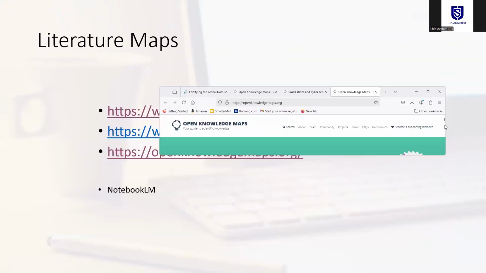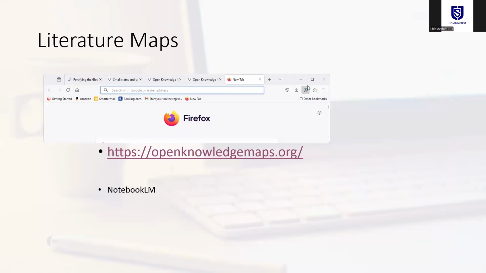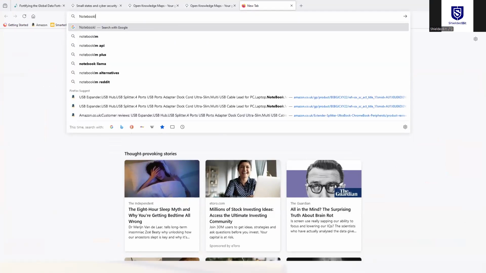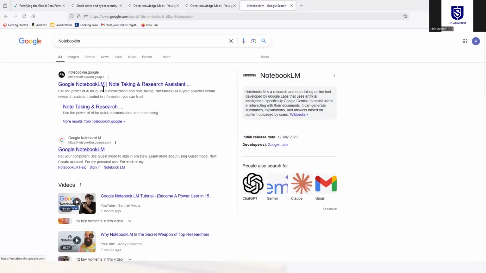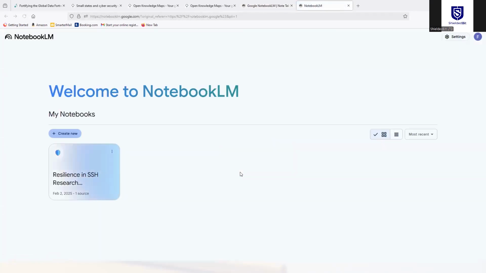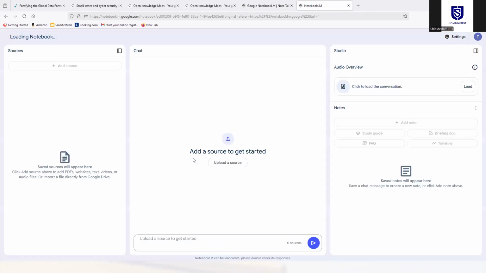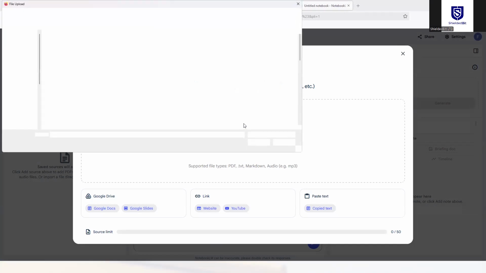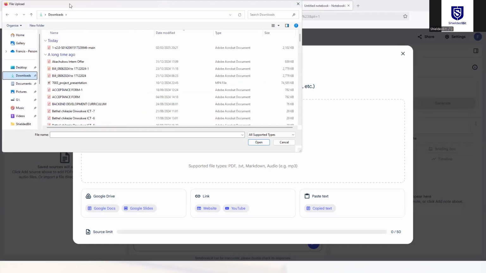So I just want to use that. And then here, I want to use NotebookLM, okay? And yeah, what does it do? So this is not the computer that I use it on, but if you wanted to use it, you can upload like a research paper, for example, on the NotebookLM, and what it would do is to